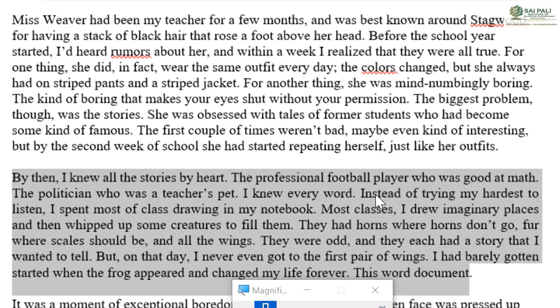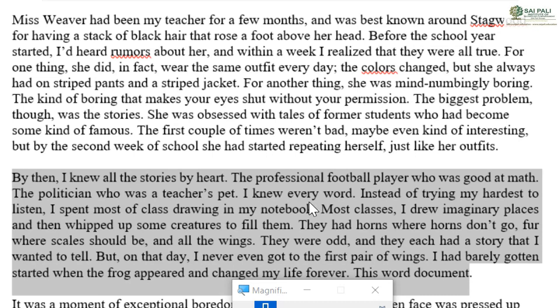Or here, between "trying" and "my" there is a space which is bigger than the space between "was" and "good". Between "my" and "hard", the space is a little bigger than the space you have here in "good" and "at".